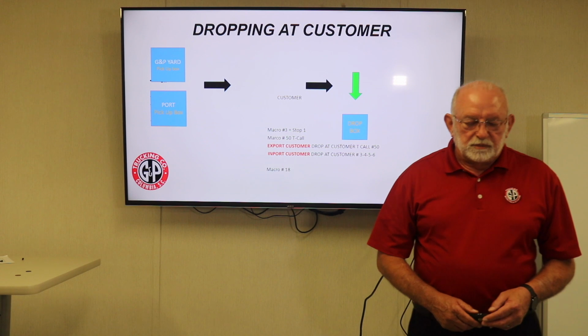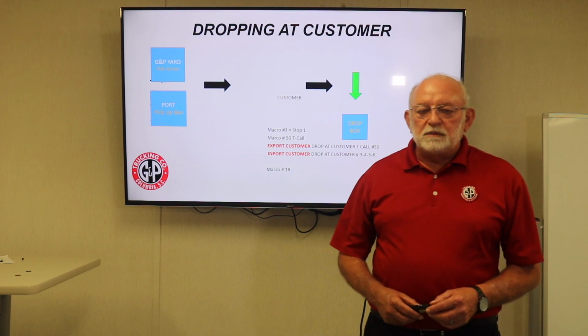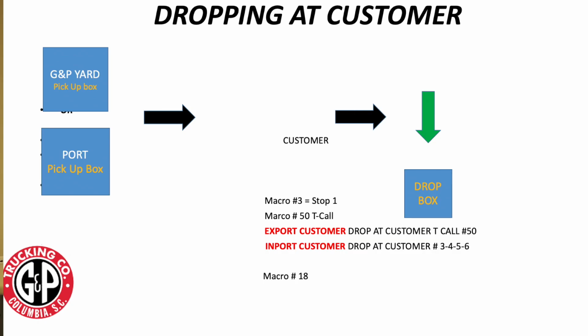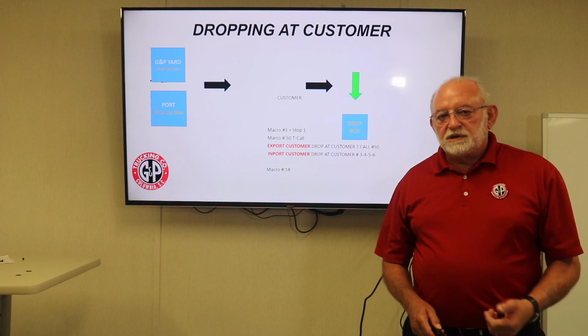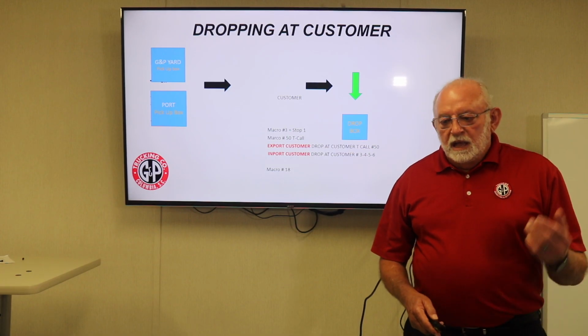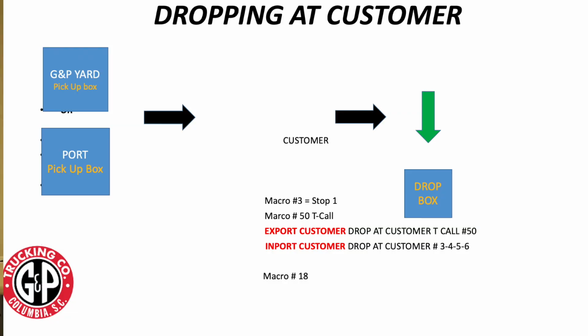Dropping the load to the customer. This one can get a little more complicated. So we're going to follow our basic system that we always do. If I pick the load up out of the port or off a GP yard, it's a 1 and 2. Right? Arrive at shipper, loaded call. If I'm going directly into the customer, it's a macro number 3 when I get to the customer, stop 1,